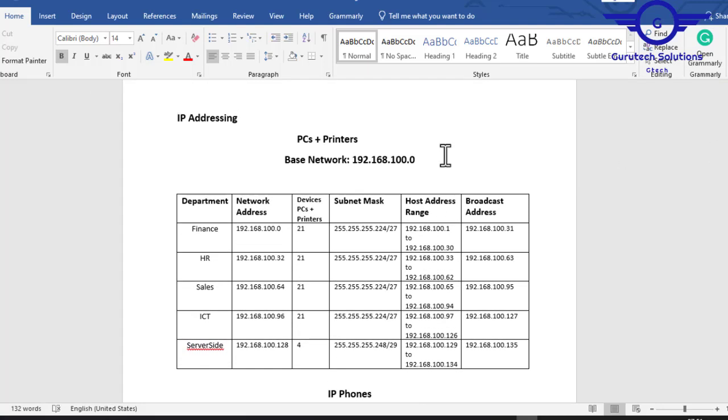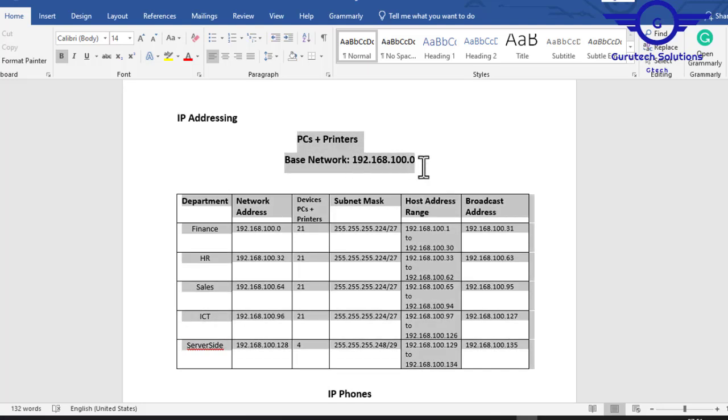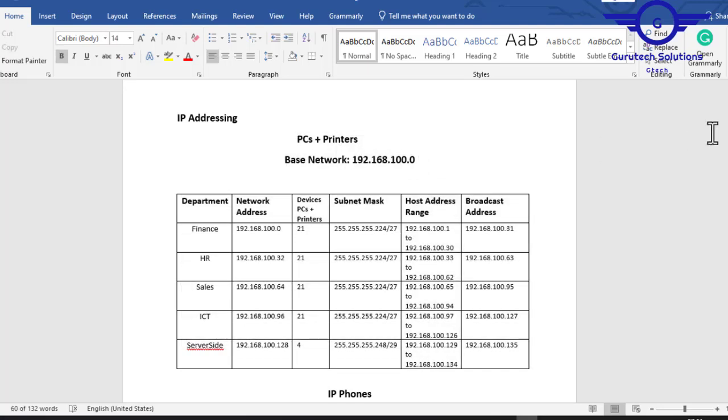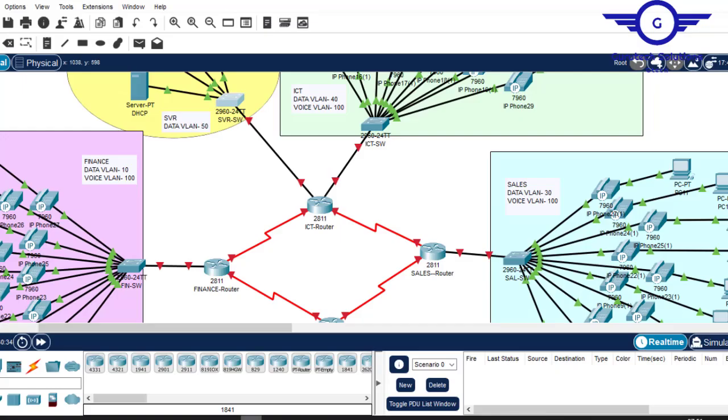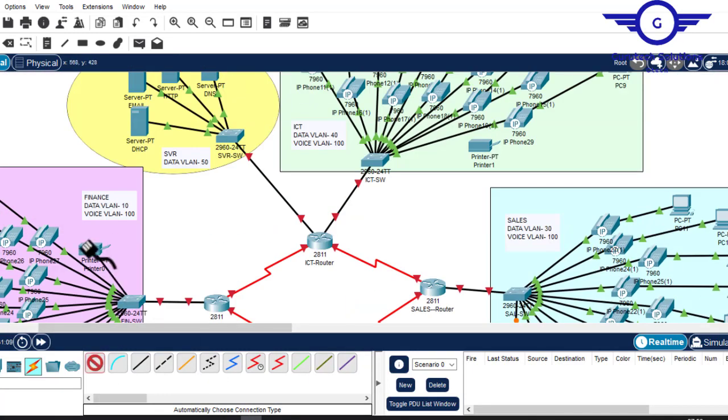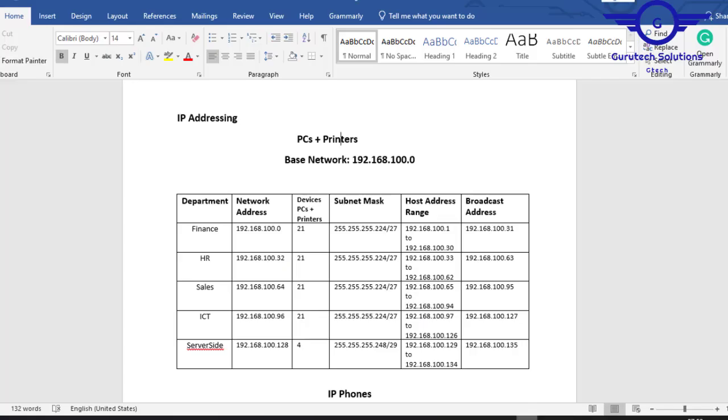For example, you see, for PCs and printers. Remember, we forgot to put printers on the network, but I'll just do them very fast to save time. So we will place the printer on the network on each LAN. Okay, so let's proceed. Now, as you can see, we were given a base network for data,